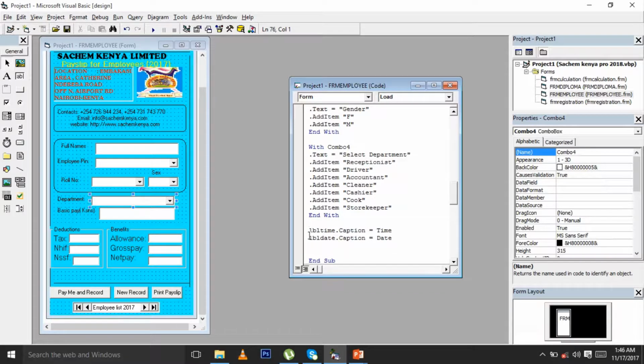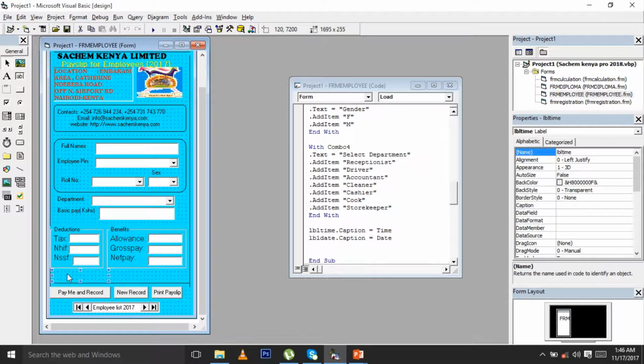We have a label, lblTime.Caption equals Time. For example, once you click it, the time you see there is something which is there, but that one represents a label for time, and the other one for date. It means this is how you are going to code in the form mode, so that it automatically will reflect the current time in the system and the date which is still in the system, so that when you print that receipt, automatically you give the time and the date when it was being created